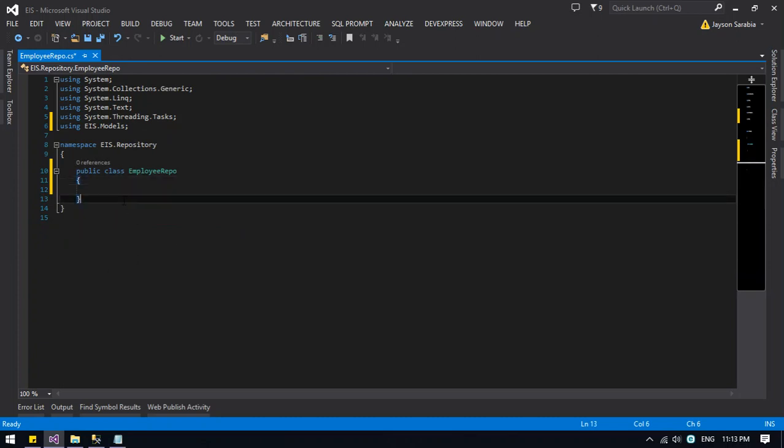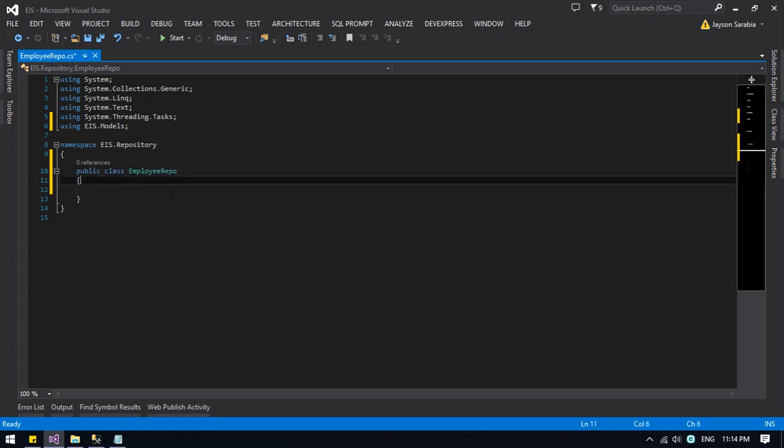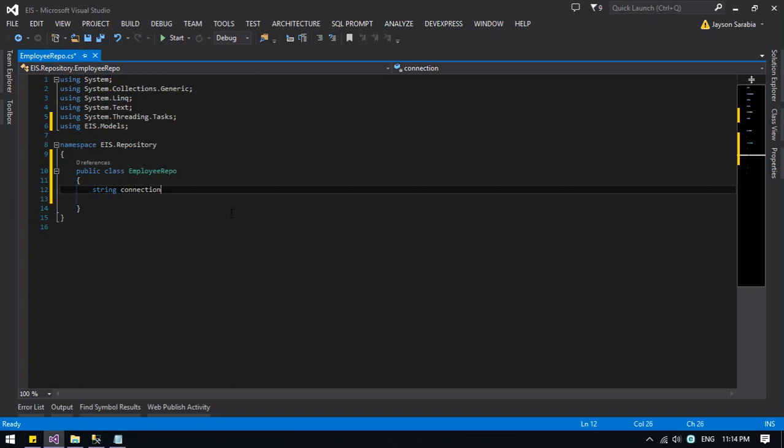Okay, so next, the first step for the implementation of Dapper is you need to make an instance of the IDbConnection. But before you can do that, you need to make sure that you have a valid connection string. The format of a valid connection string is that you need to make sure that the string is within your class. String connectionString is equal to,